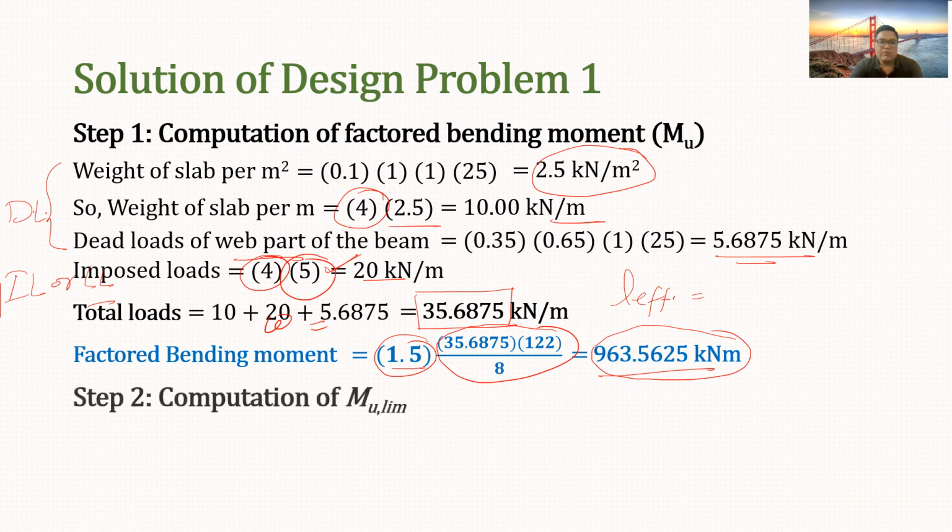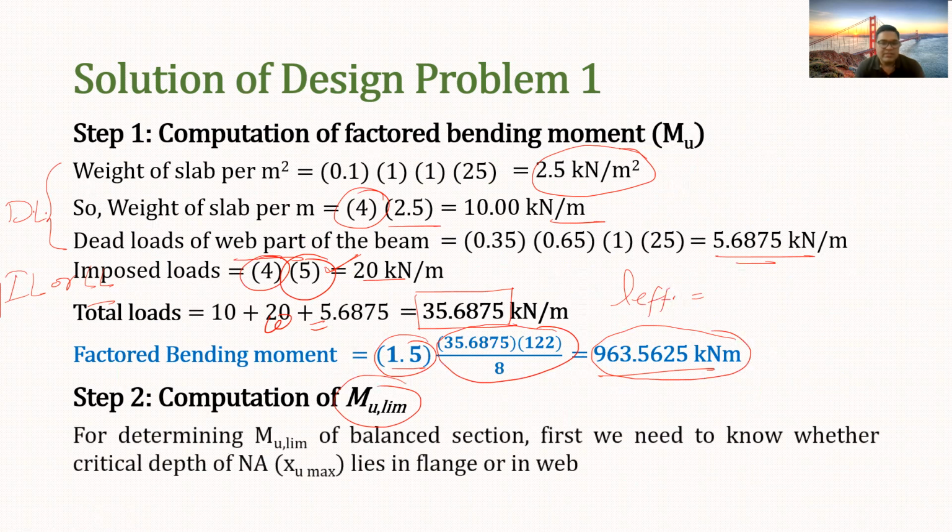In the second step, we now have to calculate the Mu limiting or limiting moment of resistance. So this is basically the moment of resistance of a balanced section. Now, first we have to determine whether our neutral axis will be in the flange or web, and then only we can calculate the Mu limiting, because that will be having different cases. So as I said here, for determining Mu limiting of balanced section, first we need to know whether the critical depth of neutral axis or the xumax,